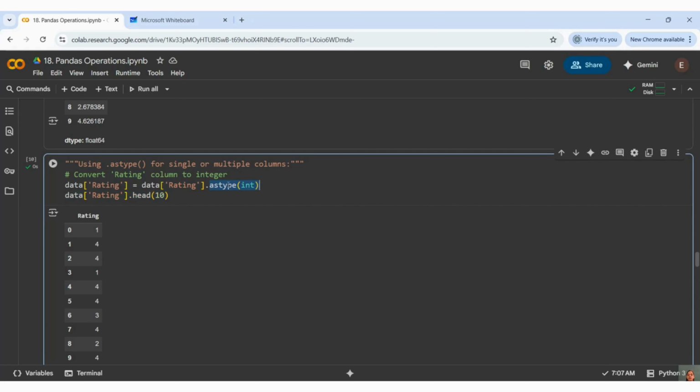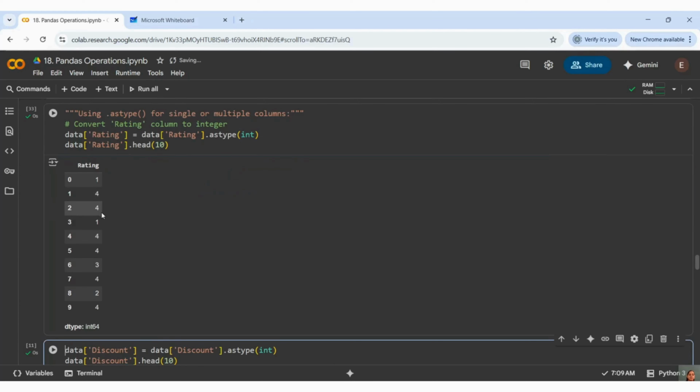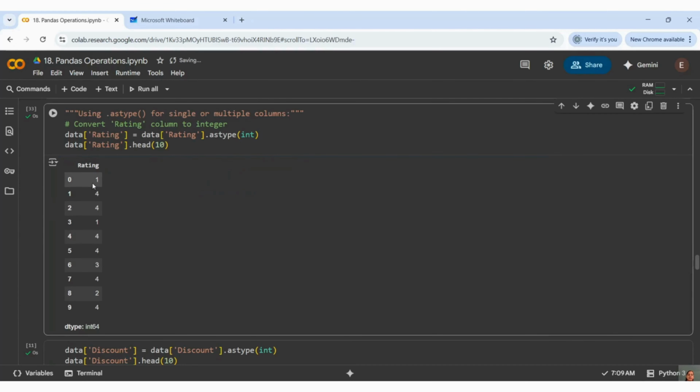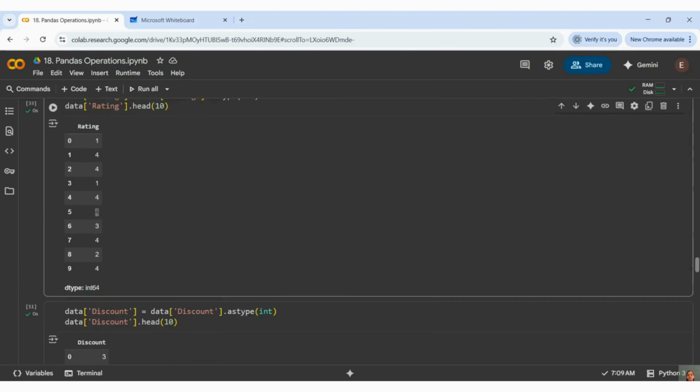How to do that? We have something called astype. So I am passing int to astype, and whatever ratings were there, all decimals, got converted to integer values. You can see we are not seeing decimals on those places.